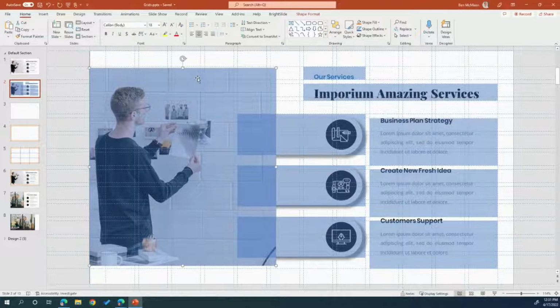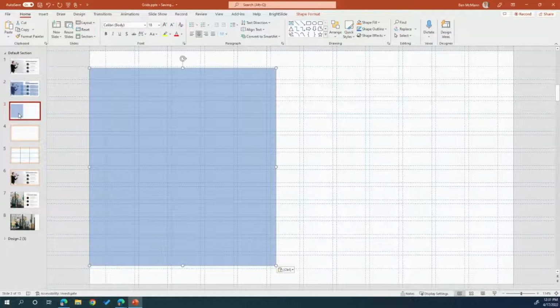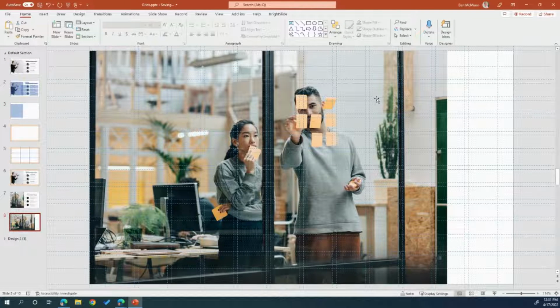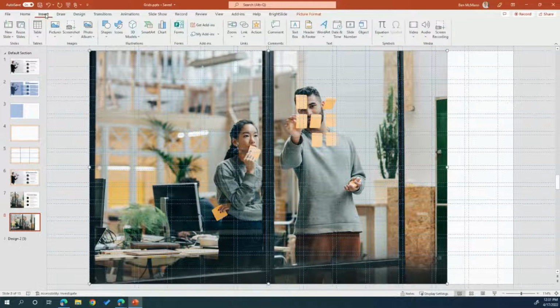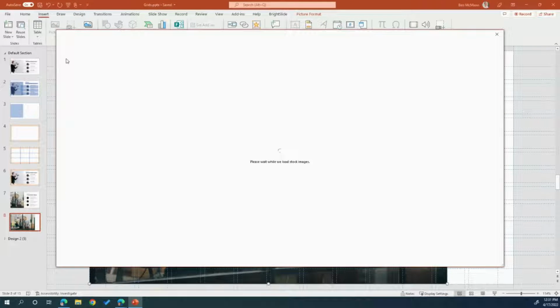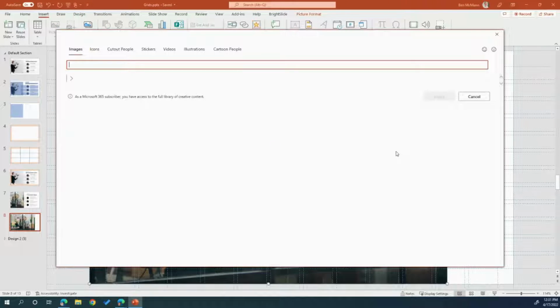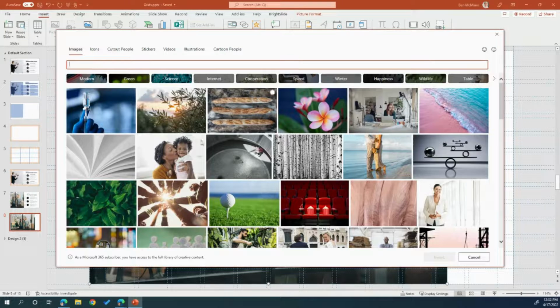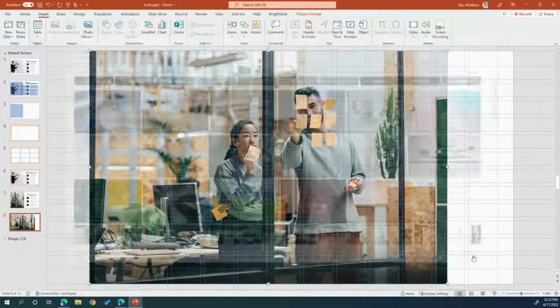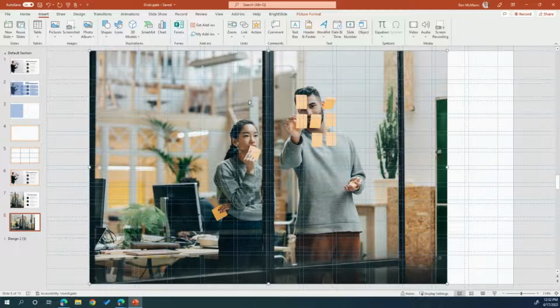So we're going to take this blue shape, copy and paste it onto our next slide. What I've done is I have this image here, and the way that I got this image was just going to Insert, Picture, Stock Images in PowerPoint, and you get a host of images that you can make use of in your presentations. So I just did a search and found an image that I liked, which is this one here. So I'm going to copy this image, go back to our design,